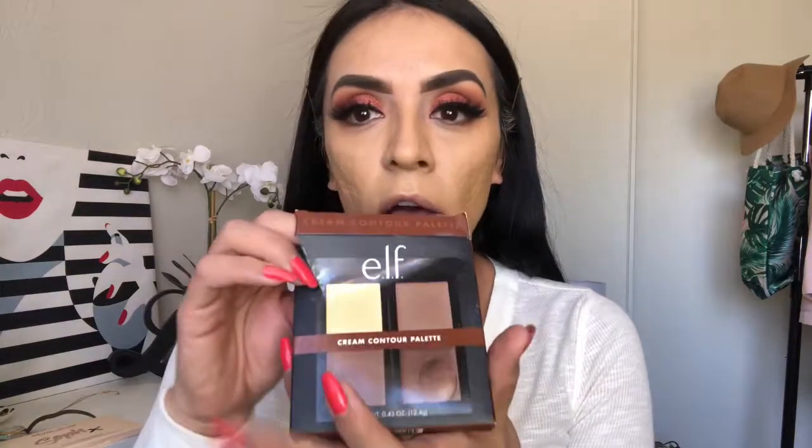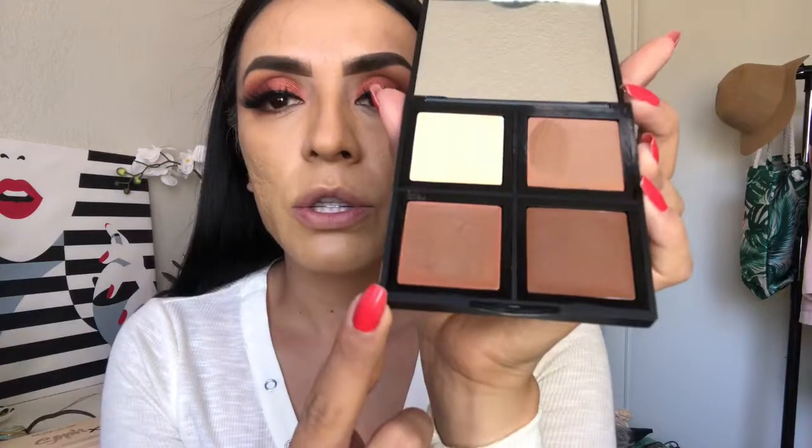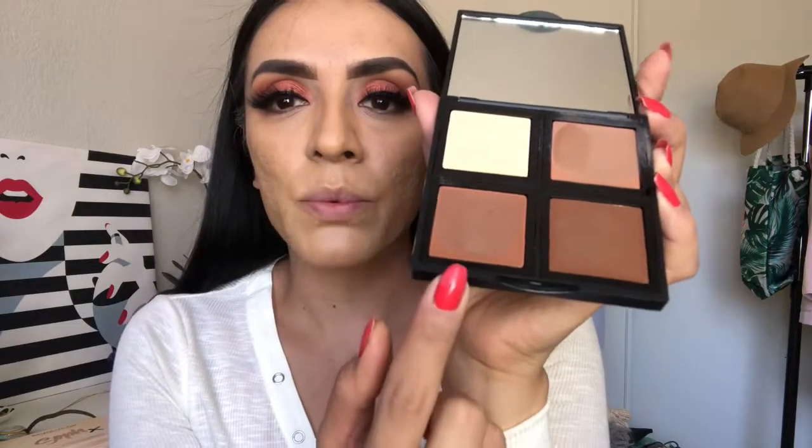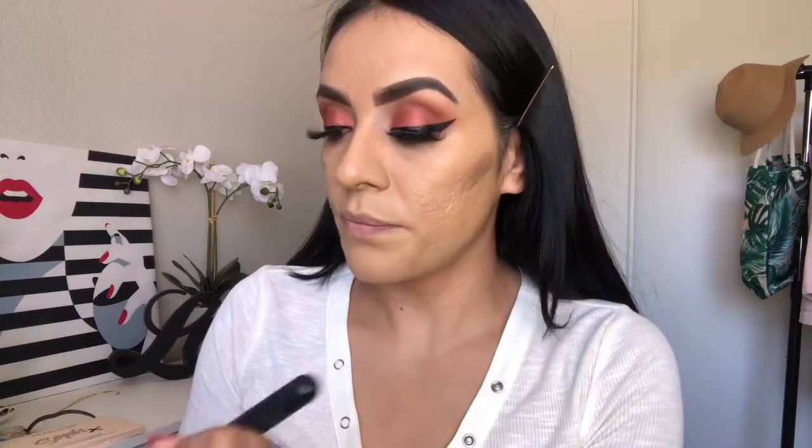Let me first go ahead and contour first. So this is the e.l.f. cream contour. Like I said, I tried it yesterday. I don't know if I liked it or not. You guys know I contour with my matte concealer. So these are the contour shades. So I am gonna go in with this one and contour with this one. So this one, the contour right there,